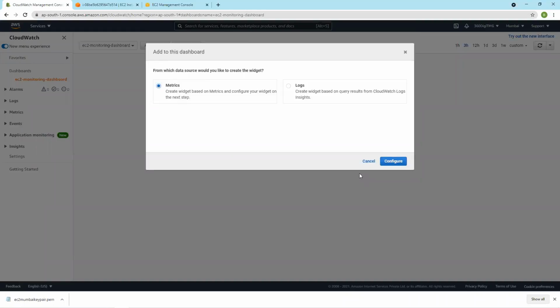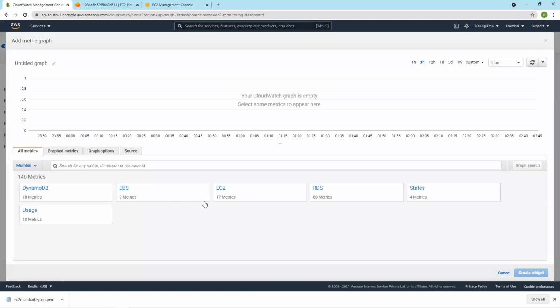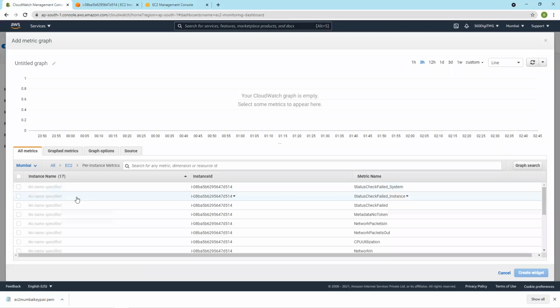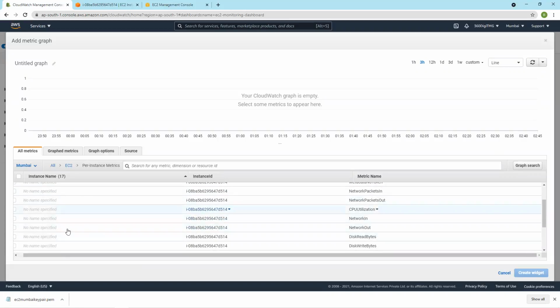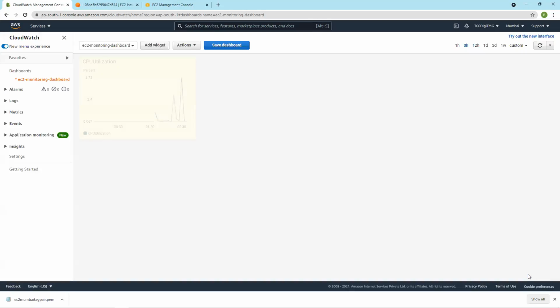Go to metrics, configure. Say EC2 is there. Per instance metrics, let's say CPU utilization. Based on CPU utilization, I will get to know how my EC2 is getting used. Create widget. So, CPU utilization.